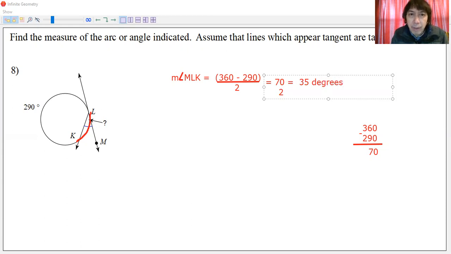We have to put a division symbol over here, 70 divided by 2, to complete our solution. All right, so our final answer is 35 degrees